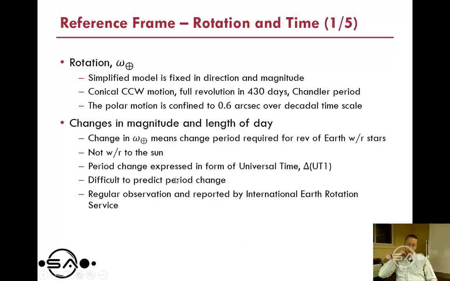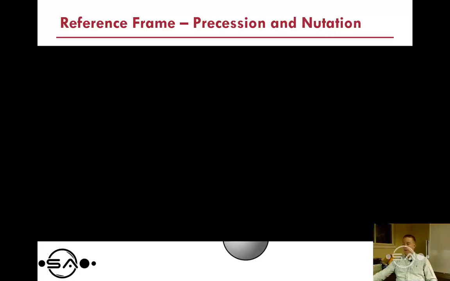So the reason why we bring that up is because the angular velocity vector of the Earth, so literally the spin of the Earth, is changing. It's our simplified model, we just fix it in direction and magnitude and call that our z, but really there's this conical counterclockwise motion which has a full revolution every 430 days, or the Chandler period. And if you remember,